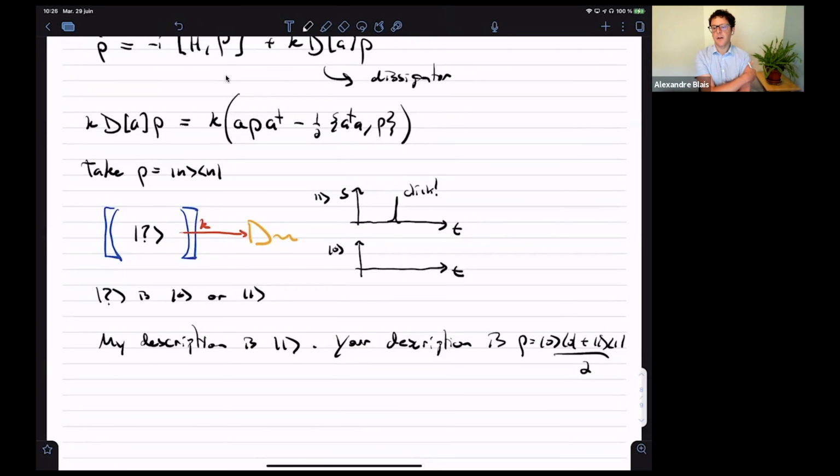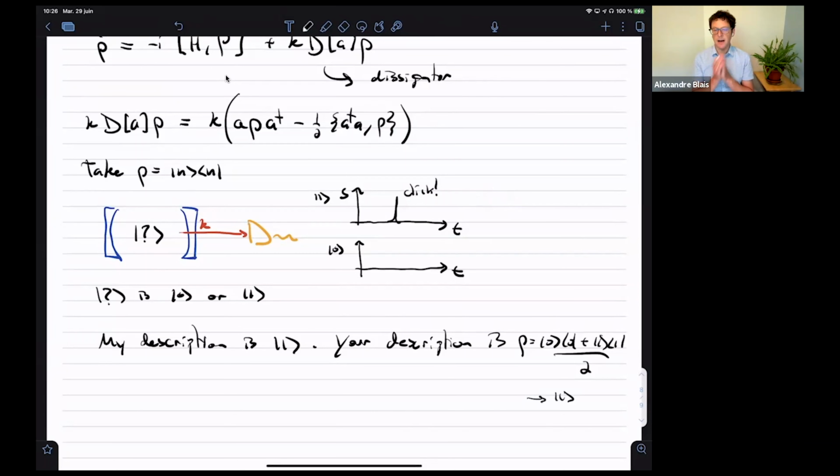Okay, given, for example, that you saw this outcome, how can you update your state of knowledge of the cavity? Clearly, if you saw a click, you will declare the state at the beginning of the measurement was 1. There was indeed 1 photon. I've updated my knowledge about the system, and now I know that in fact the system was in state 1. If you do not